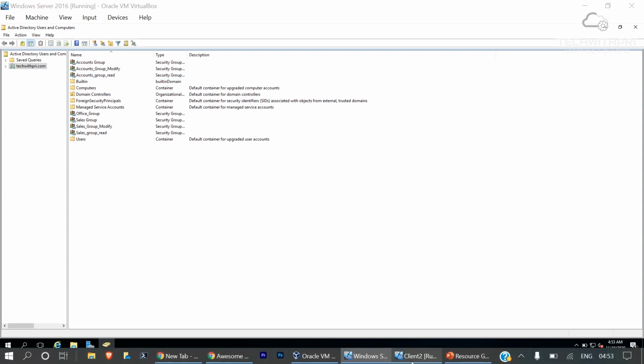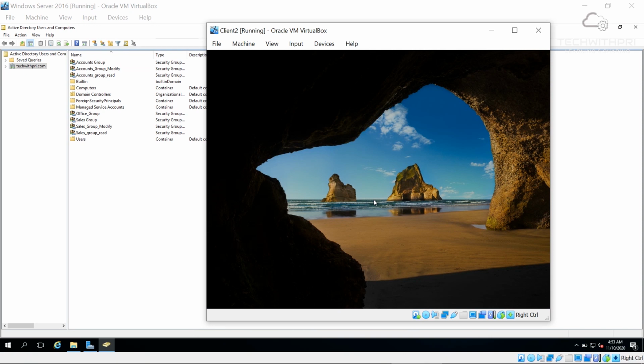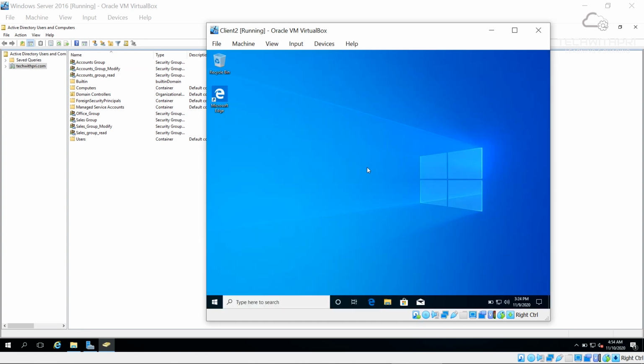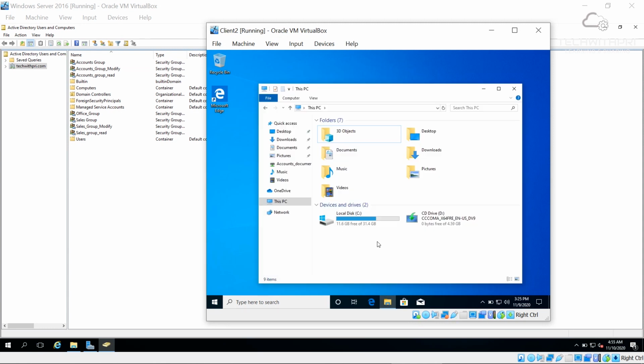So I'll quickly go to the client machine, and here I will first log into John's account, and John has the modify access. So I'm going to quickly check. I've logged into John's account. I'm on John's machine, and let's go to This PC and first map the accounts document folder which is there on my server machine. So let's map it on John's machine so that he can access it. Here I am in This PC, and as you can see, there are no shared folders or network drives. So I'm going to go to the computer